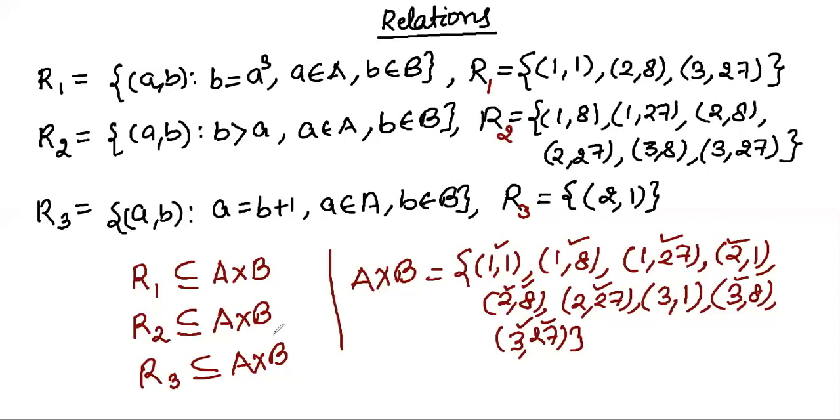So the relation definition will be here. Let A and B be two sets. Any relation capital R from A to B is a subset of A cross B. Okay, R will always be a subset of the Cartesian product A cross B. So I'm going to write the definition here so that it will be clear for you all. Definition.